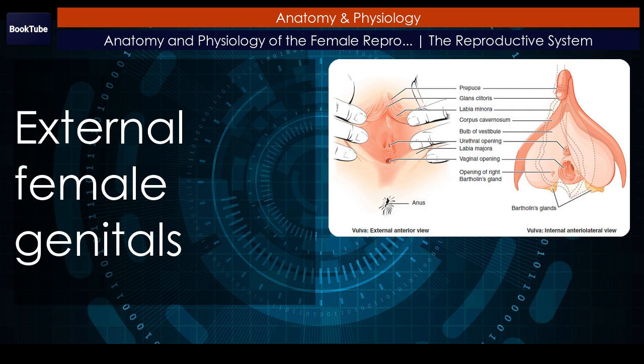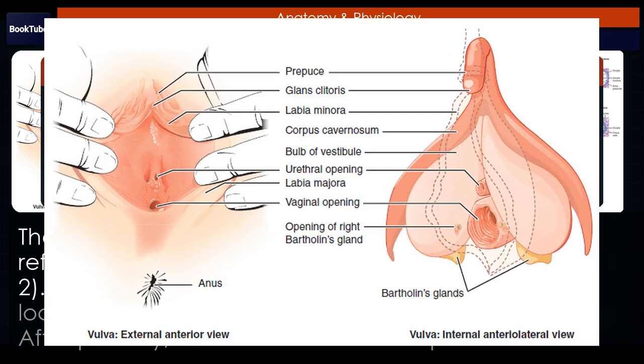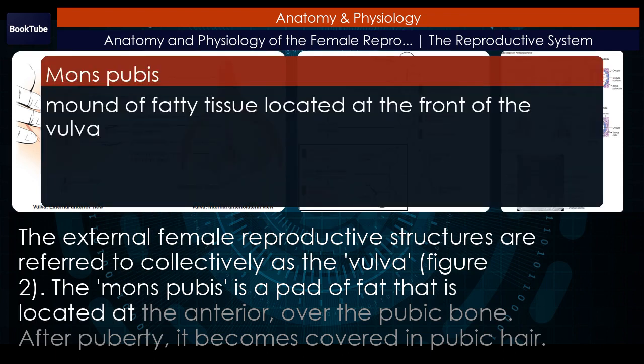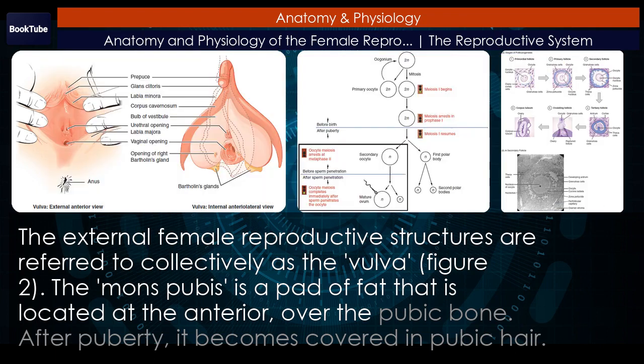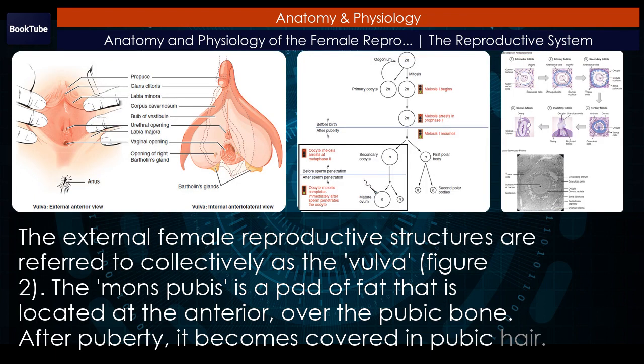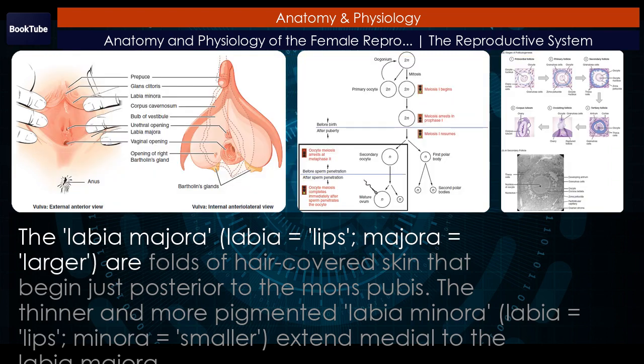External female genitals. The external female reproductive structures are referred to collectively as the vulva. Figure 2. The mons pubis is a pad of fat that is located at the anterior, over the pubic bone. After puberty, it becomes covered in pubic hair. The labia majora (labia equals lips, majora equals larger) are folds of hair-covered skin that begin just posterior to the